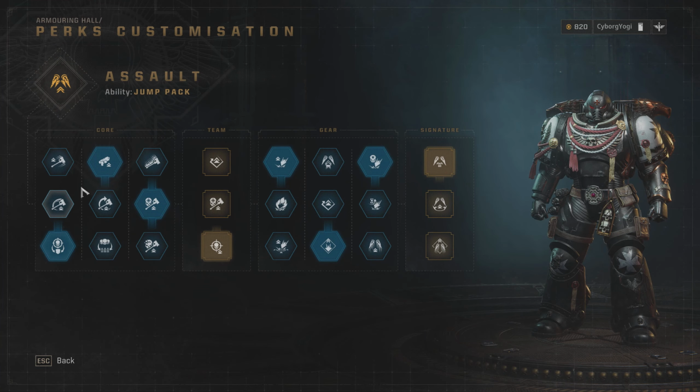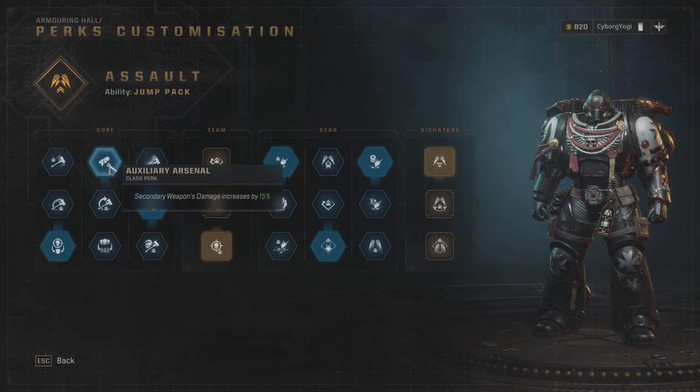The second perk I have is the Auxiliary Arsenal, which increases my pistol damage by 15%. I need further tests, but it seems like the pistol damage only works when you use your secondary the normal way, and the damage buff doesn't add to the gun strike damage. Nonetheless, it's still a good choice for me as your secondary is your main weapon in dealing against ranged enemies